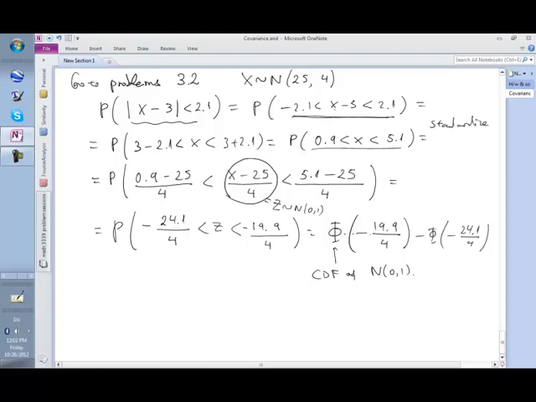I will conclude with another problem here. I will do problem 8. The average weight of a certain brand of a refrigerator is 31 pounds. Due to variability in raw materials and production conditions, weight is a random variable, and we assume that this random variable is normal with standard deviation equal to 0.5 pounds. So X is the weight of the refrigerator,